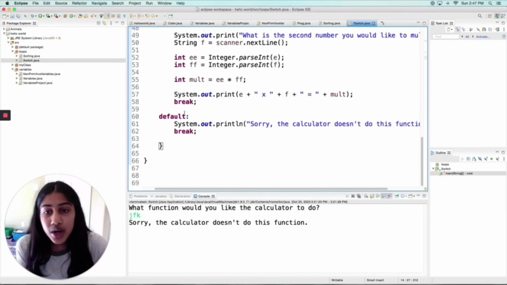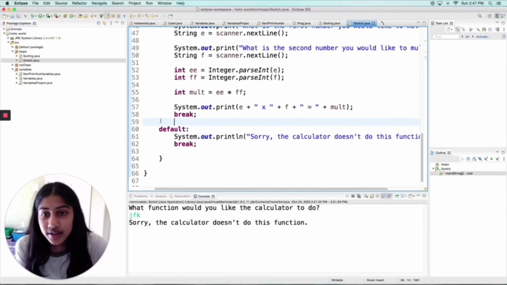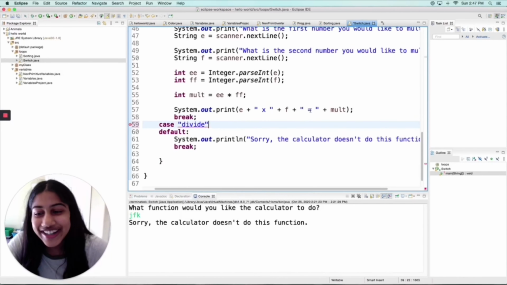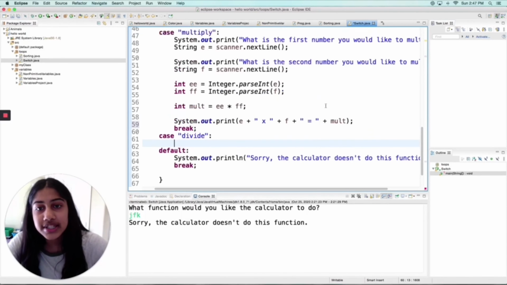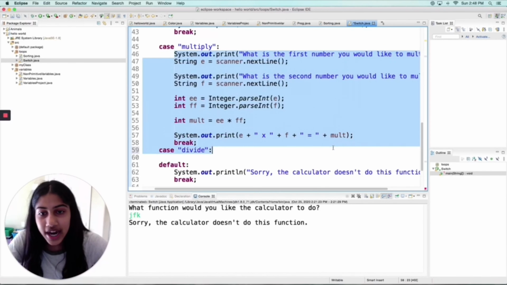And I'll just do divide with you guys. So if I add a new case and if they say divide, I cannot spell today, sorry. So if they say divide, I want to basically do the same thing here except with division. So if I just copy this entire thing